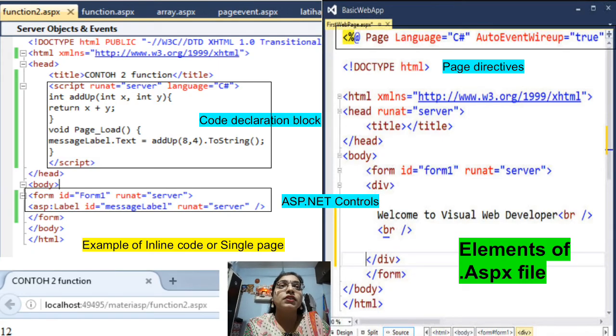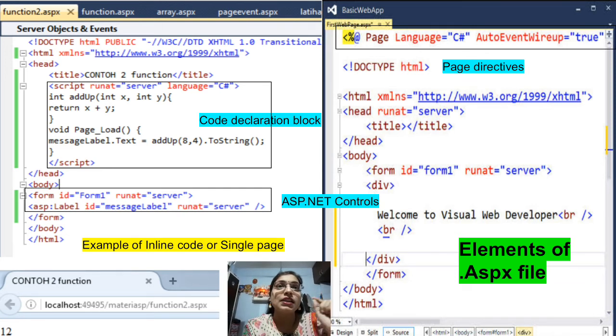On this slide I have given the example. Just see the first example, function2.aspx. That is your normal .aspx page which has HTML. After HTML we have head. Inside head there is a title tag, and after the title tag we have a script tag.